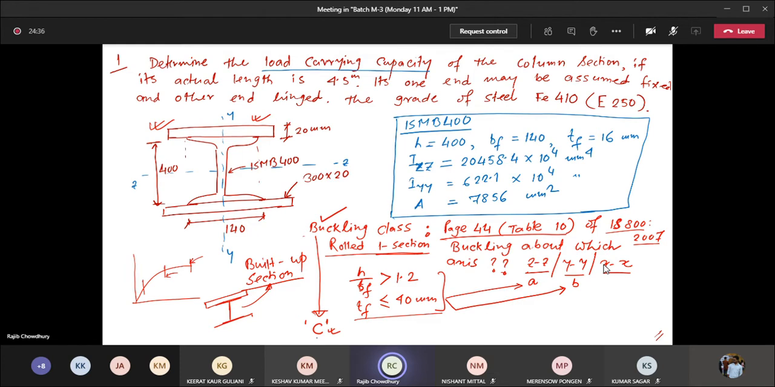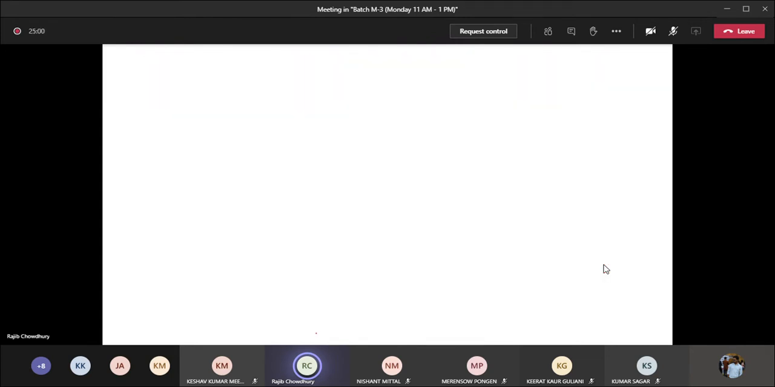So what is the buckling class giving me? The buckling class is giving me about which major axis or about which minor axis the bending is going to take place predominantly. Now what are we going to do with this buckling class? Let's say for any built up section the buckling class would be C, and if it is C, then buckling can be about any axis for a built up section. Okay, now from there